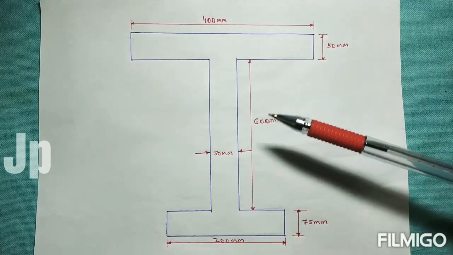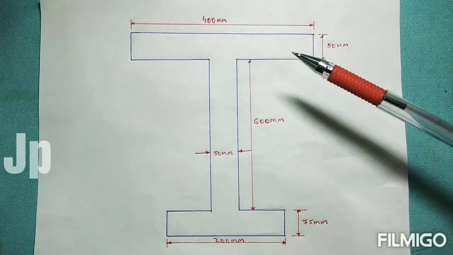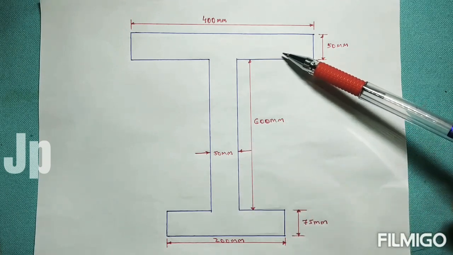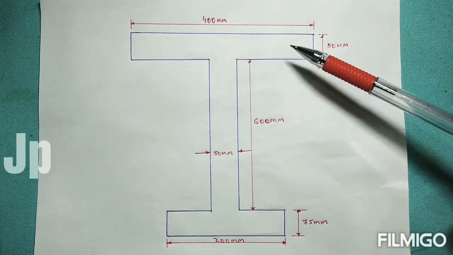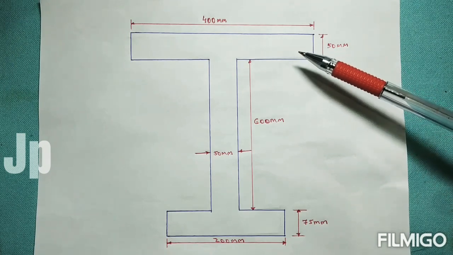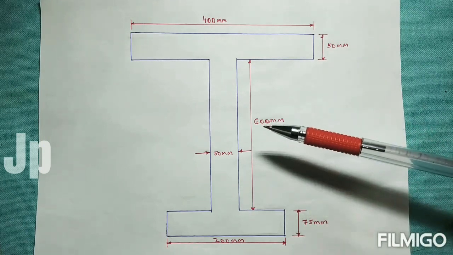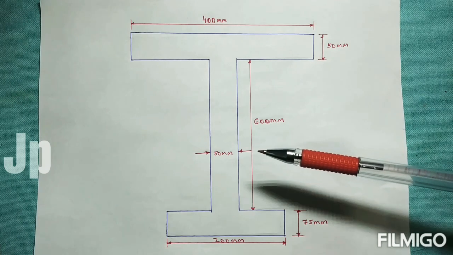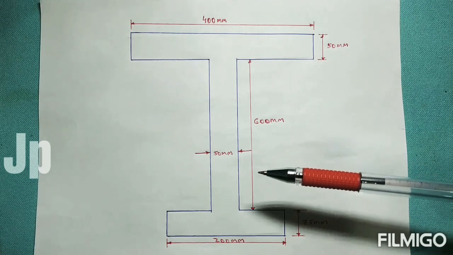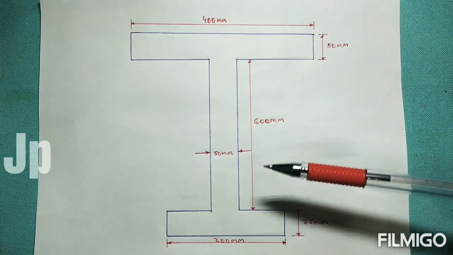Why? To determine the moment of inertia, you should know the moment of inertia of each individual component. For example, if it is a rectangle, you should know the moment of inertia of the rectangle. If it is triangular instead, you should know the moment of inertia of the triangle. In this figure you have only three rectangles, but in another figure it may be triangular or any other shape, so you have to divide the components, which may be triangular, rectangular, semicircle, or quarter circle. You should also know the moment of inertia of each individual component.